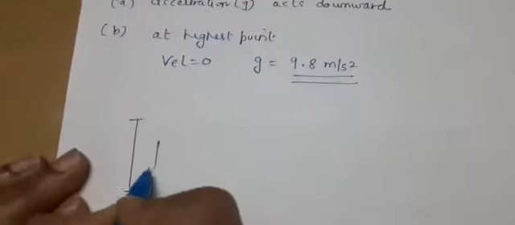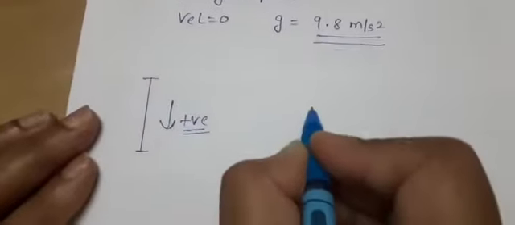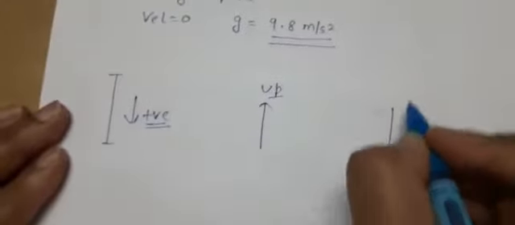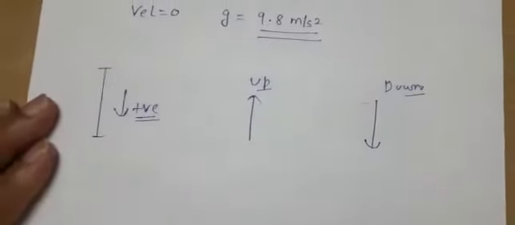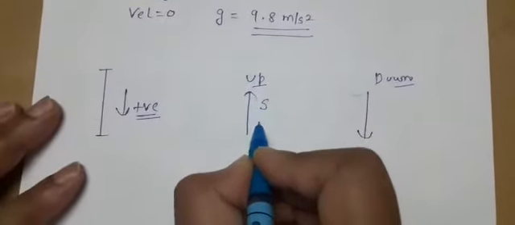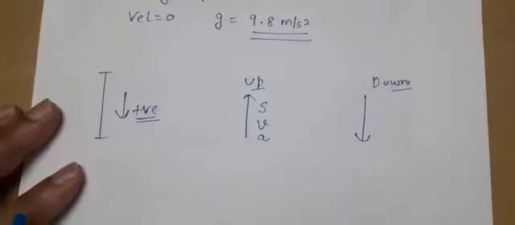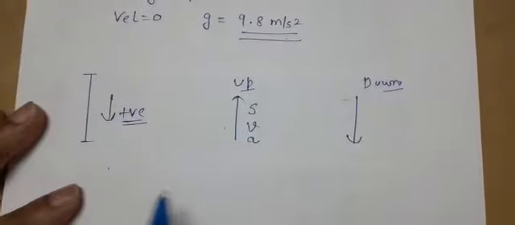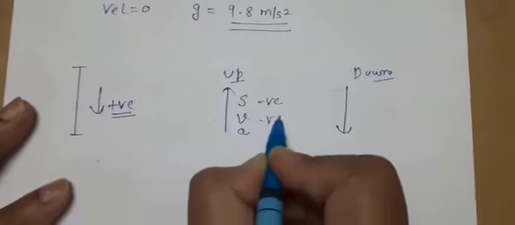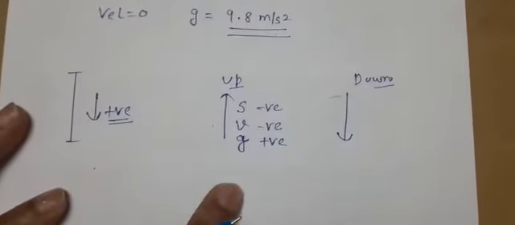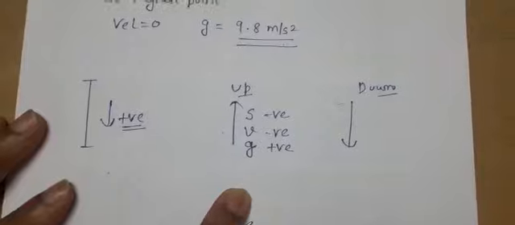So give the sign of position, velocity and acceleration. See here, downward direction is positive as per the convention, and the body is thrown vertically upward and the body is thrown vertically downward. For each of the cases, you have to find the sign of position, meaning displacement obviously, velocity and acceleration. When the body is thrown vertically upward and the convention is vertically downward to be positive, displacement is negative, velocity is negative and acceleration due to gravity will be positive. This we have explained by taking downward convention to be positive.